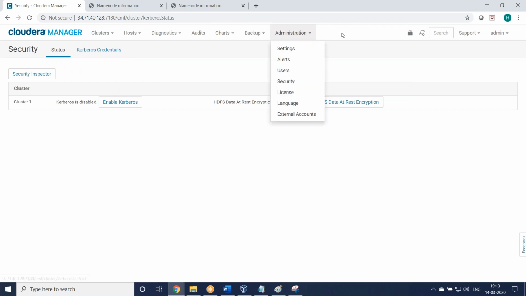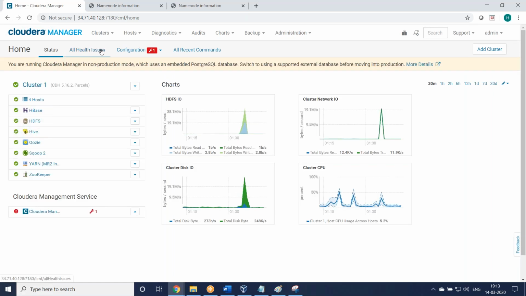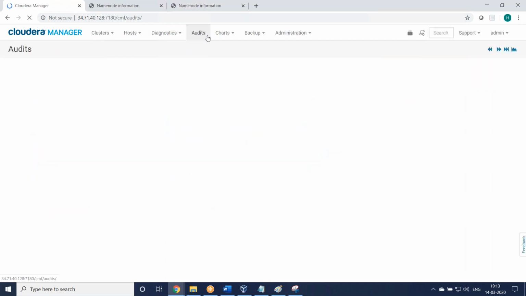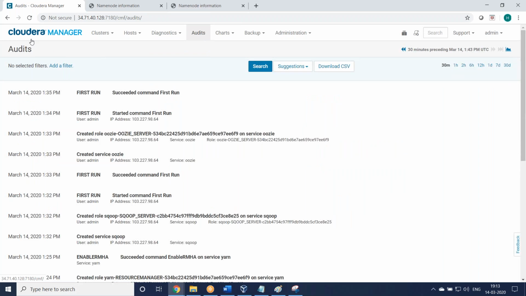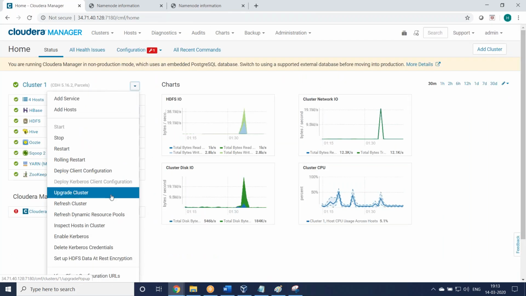Where is the upgrade option? Can you search? We have the option. Let me check it. Parcels, disks, diagnostics. Okay, here only. I forgot. So in here only you can find it.